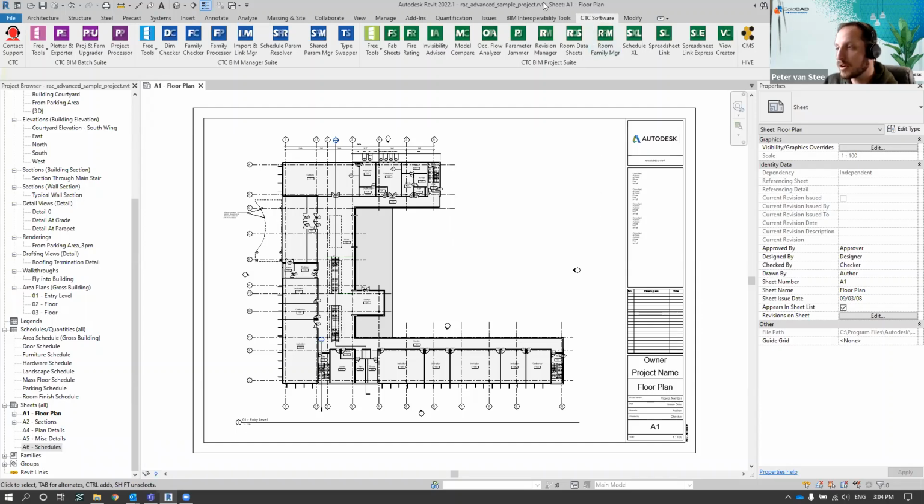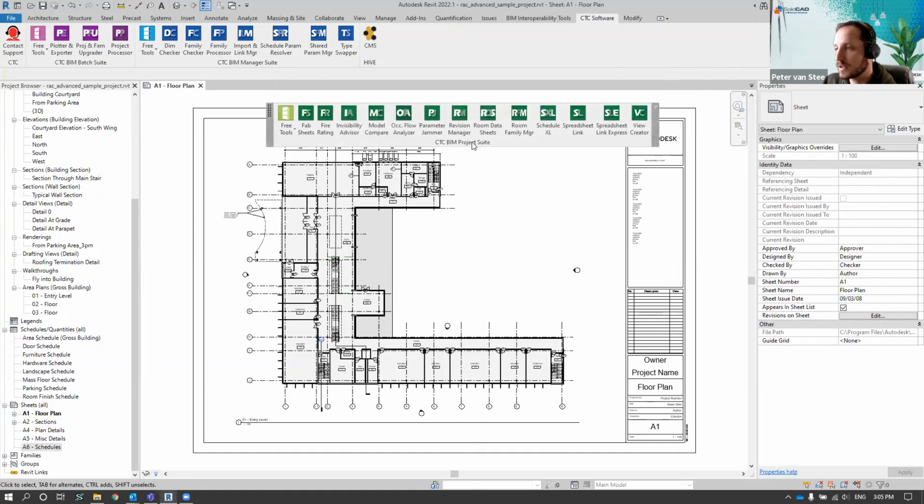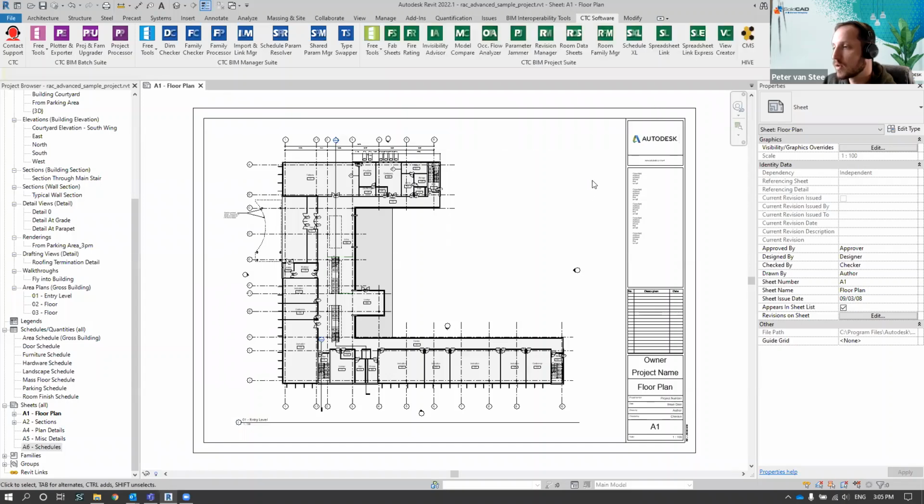So in Revit, under the CTC software tab, we do have the CTC BIM project suite. One of the options in here is actually the revision manager tool, which allows us a lot greater flexibility around adding and working with revisions within the program. So let's take a look and see what the current workflow is that we need to work with to actually